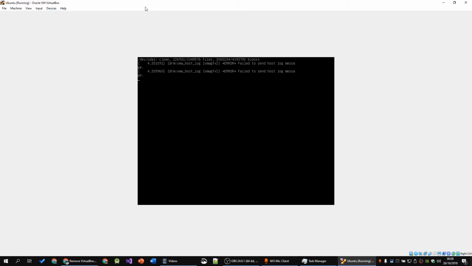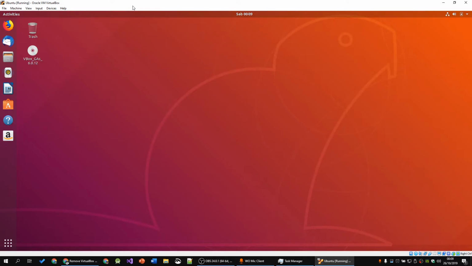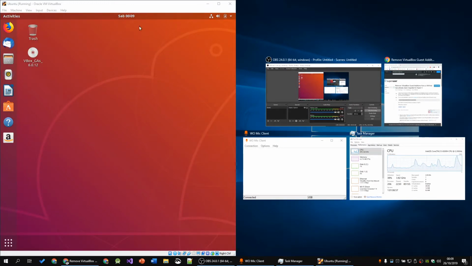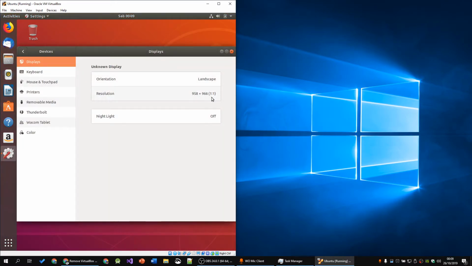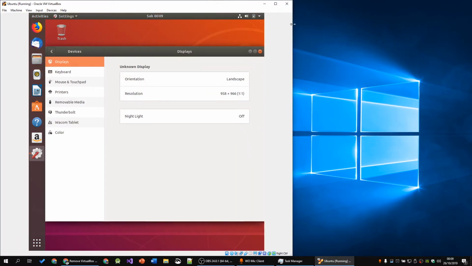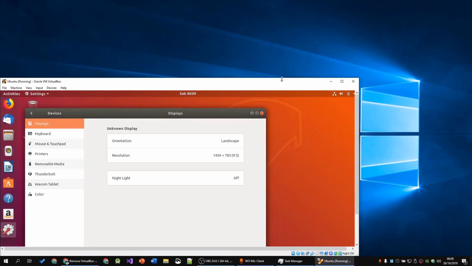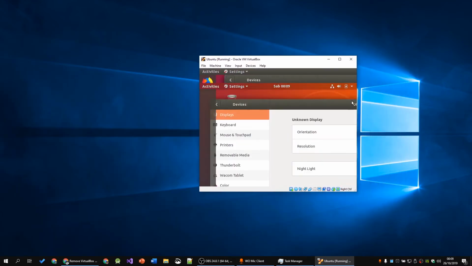applicable in any of my virtual machines, and that is because in this window I am now able to resize the window of the virtual machine, and the resolution, as you can see, changes accordingly. I can stretch this about, boom, boom. I can make it shorter, and then shorter some more. So yeah, that is